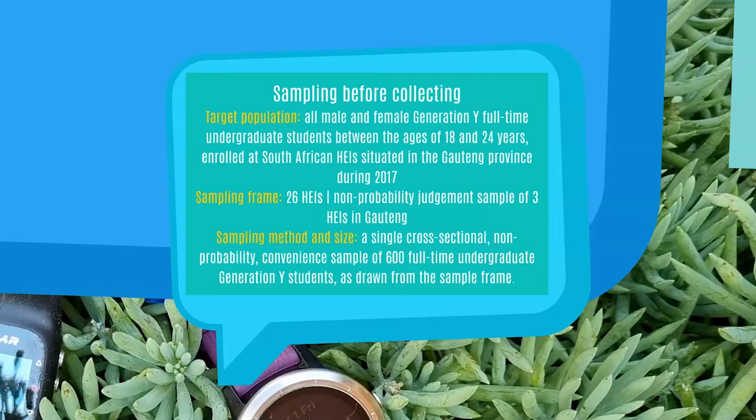Then the sampling frame was the 26 higher education institutions in the country, followed by sifting this to 3 in Gauteng using a non-probability judgment sample. With the sampling method and size, again, a single cross-sectional non-probability convenience sample of 600 full-time undergraduate students was drawn from this sample frame. So this is where and how we want to collect the data,